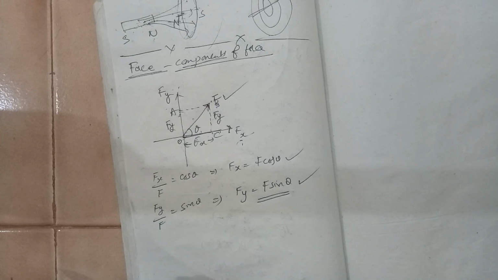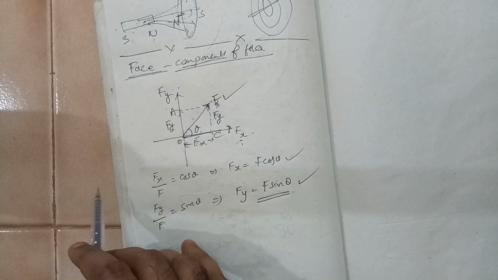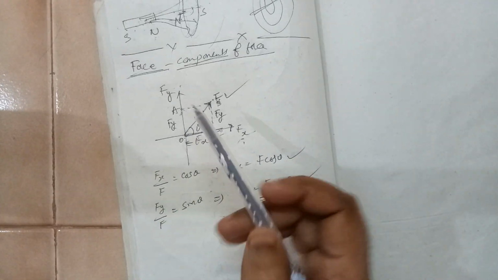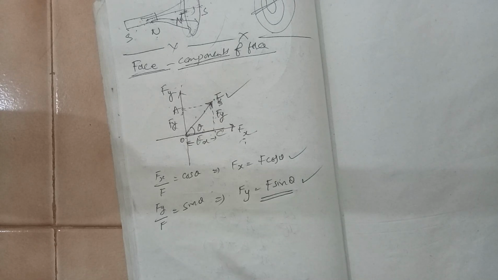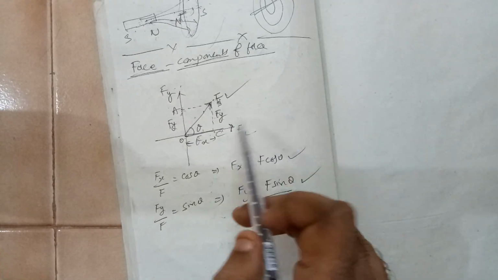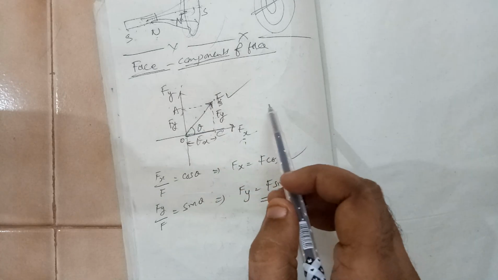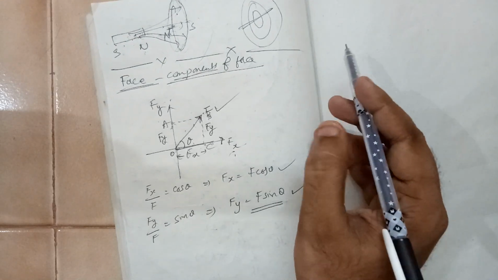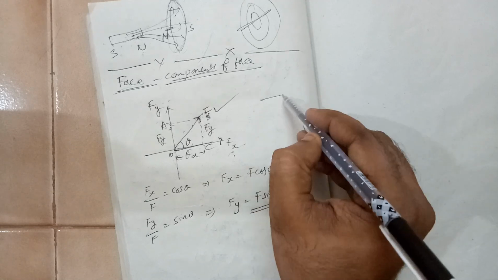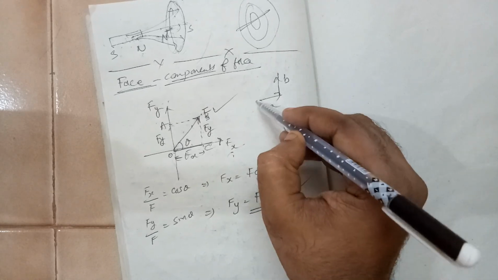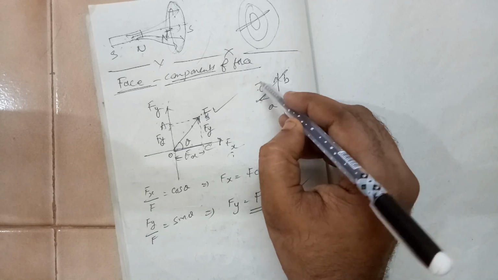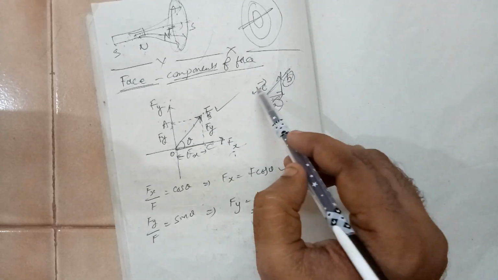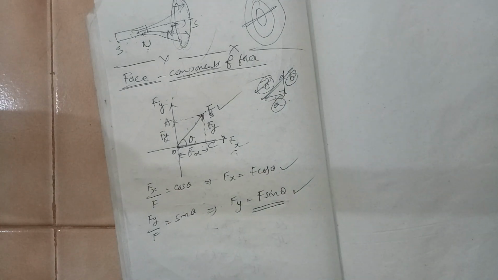Why we do it like this: when you have a lot of forces in the system, here you have only one force. When you have a lot of forces in a system, analyzing that type of system becomes very difficult. So for such a group of forces we try to find a resultant. Remember, in the previous video I explained the resultant. When you add two vectors A and B, you get a vector C. The C vector is the resultant of these two vectors. You can replace these two vectors with a single vector, which is called the resultant vector.